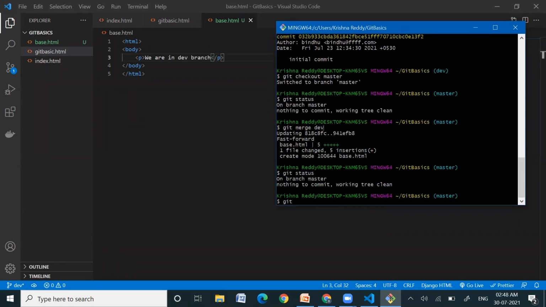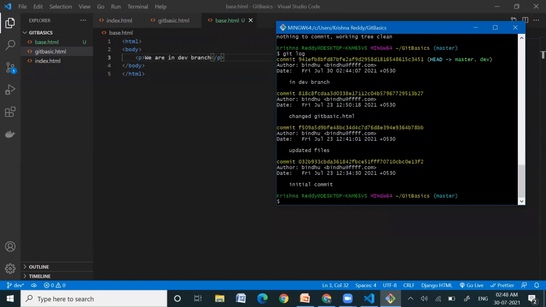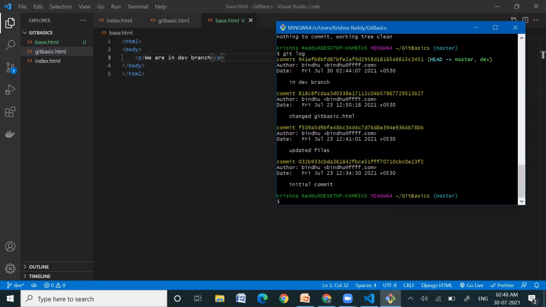Now we'll see if that exists or not. Yeah, this is also there in master now, because we have merged the development branch into the master branch. So every change which was made in that branch also exists here because we have merged it. So that's about the branches.